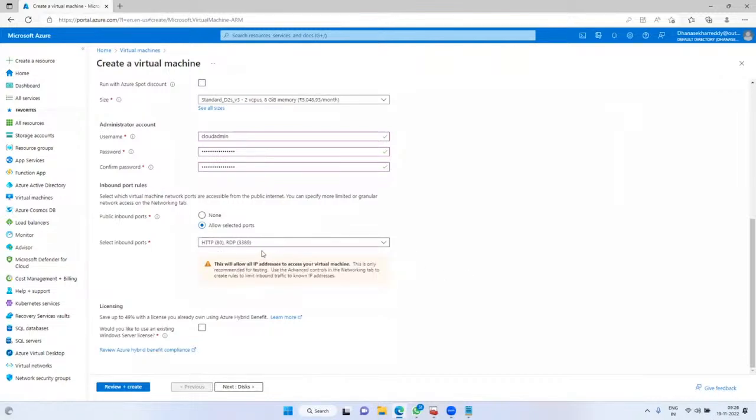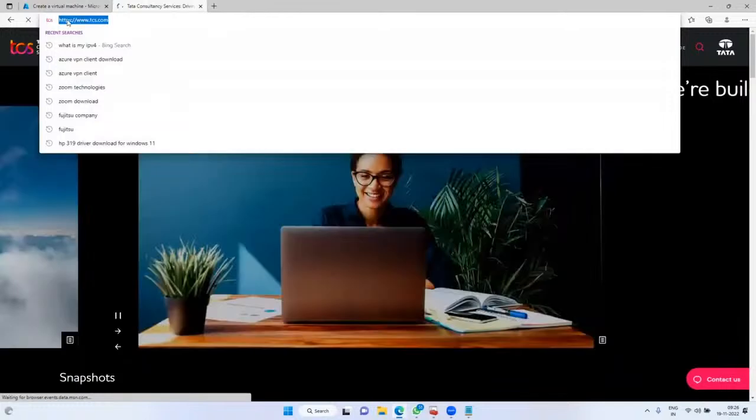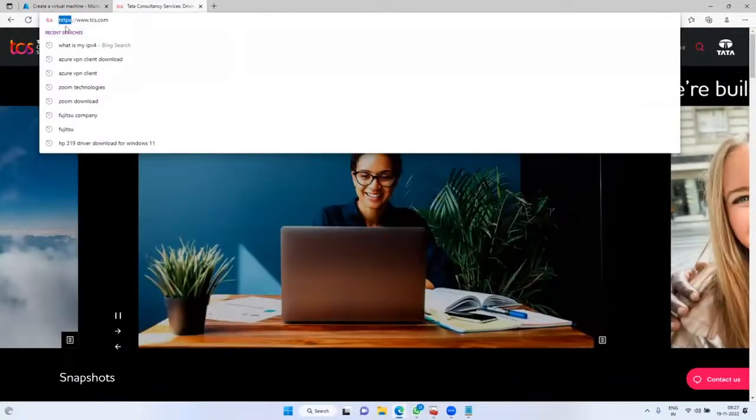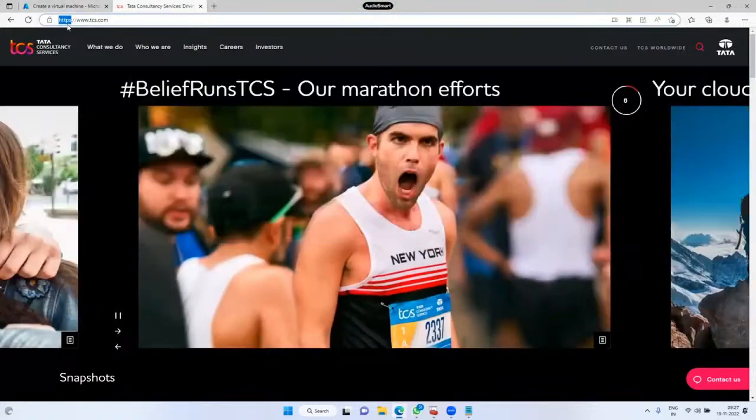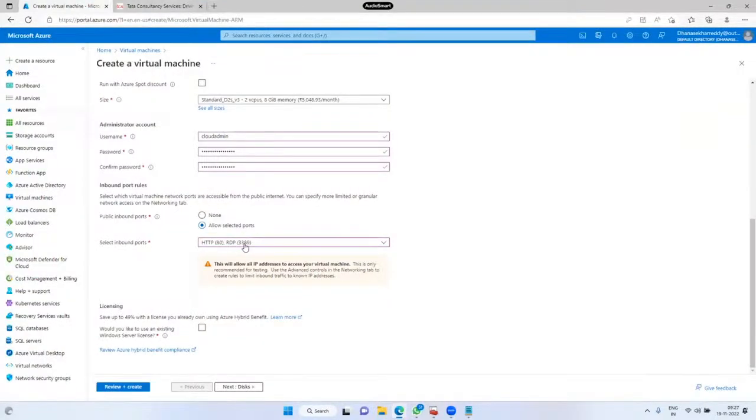Do you have a doubt on HTTP? Why do we have to use HTTP? See, if I go to tcs.com, tcs.com is running on the HTTPS port number. Am I right? HTTPS in the sense, what would be the port number for this application? Can you guess it? 443. Got it, guys? If we see any application on HTTPS, blindly we can say 443. Our TCS application is HTTPS protocol, it is running on 443. So if you are applying SSL and all, yes, enable that port number as well if you want.